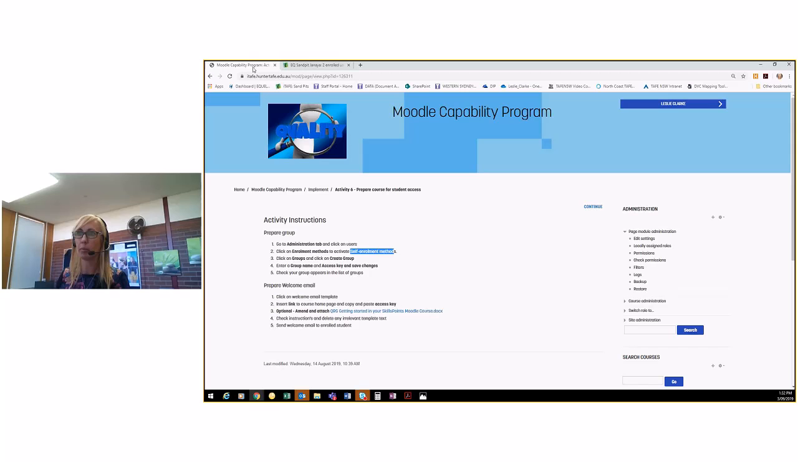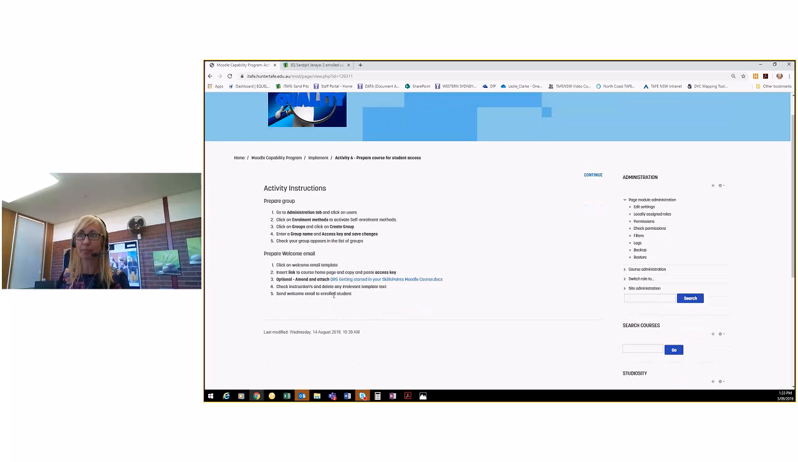Okay, go back to here. So you go to groups, click on create group, enter a group name, access key, save changes, prepare a welcome email, insert the link to the course in the home page, copy and paste the access key. So I showed you where the standard email is,